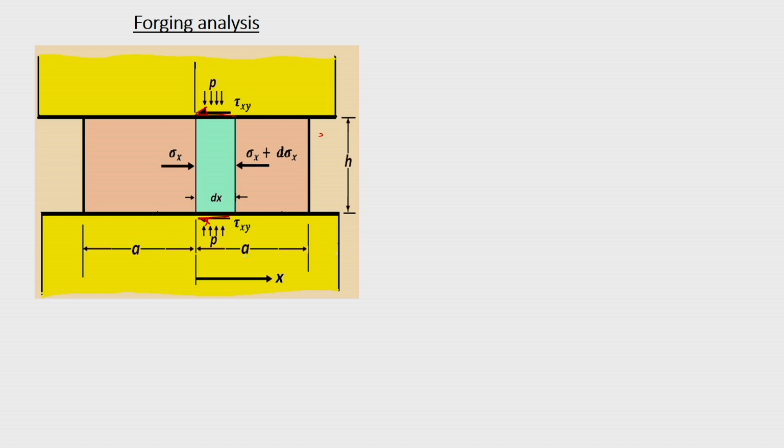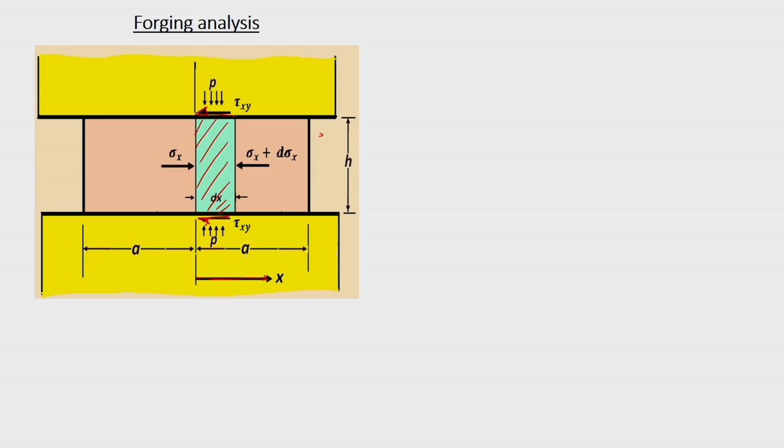That surface shear results in frictional force, and the presence of this friction causes an imbalance of forces on the element. If you take a small element, due to the presence of friction you will find an imbalance of force in the x direction. Taking this as the x direction, we can assume sigma x in this direction and sigma x plus d sigma x in the other direction under equilibrium condition. So, there is going to be a difference in the stresses in the element.